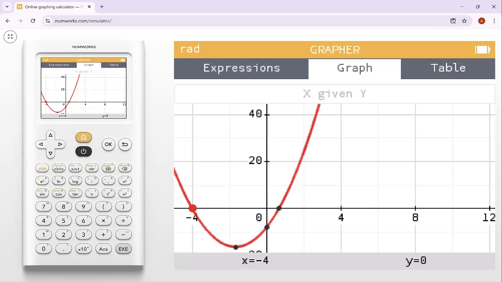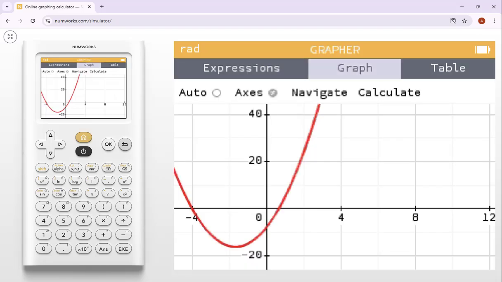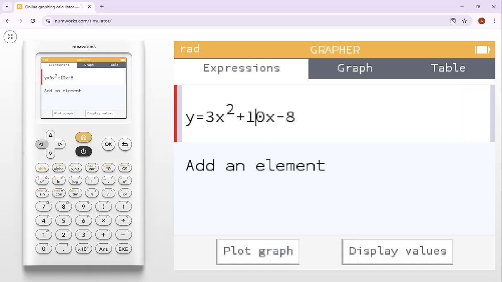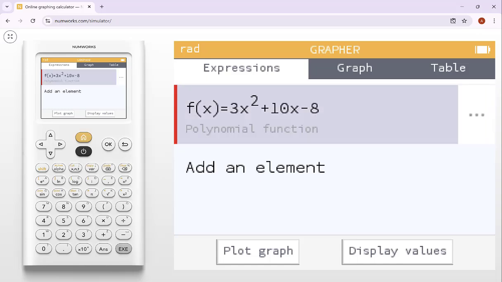But just to go back to evaluating, there's one other option. Let's go back to the grapher and go back to expressions. Originally, when I typed in this expression, I typed it as y equals. I'm going to hit execute. Instead of writing y equals, I can literally use function notation on this calculator. I want to type f of x. There's an alpha button on my calculator. If I hit alpha f and then parenthesis x, close parenthesis, I now have this polynomial function labeled using function